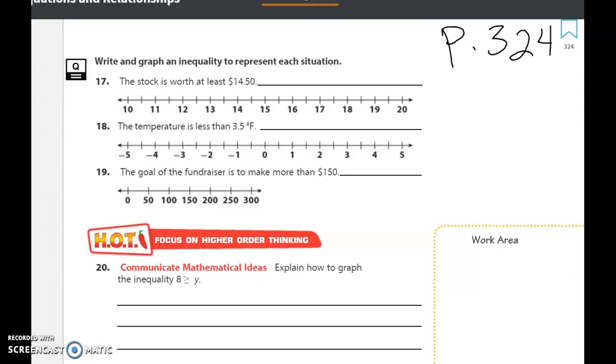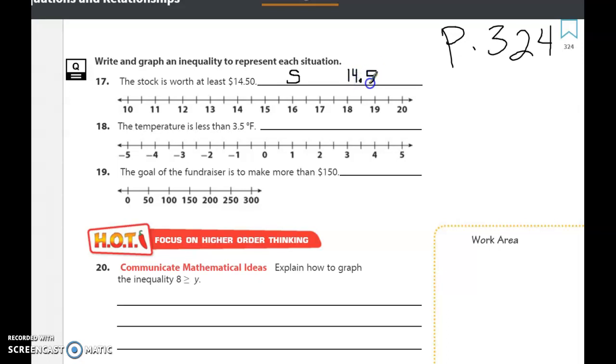Number 17 says the stock is worth at least $14.50. We have to write an inequality. And remember, when we write inequalities, we have to have a variable, an inequality symbol, and a constant or number. So here on 17, I'm going to pick the variable S for stock. So S is related somehow to the number